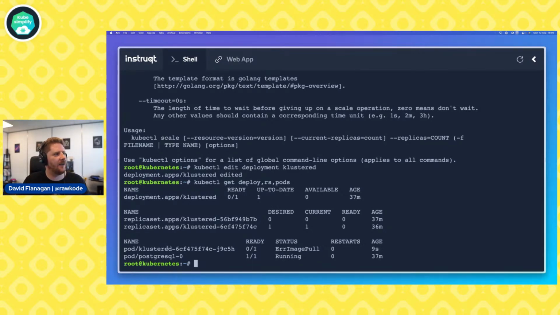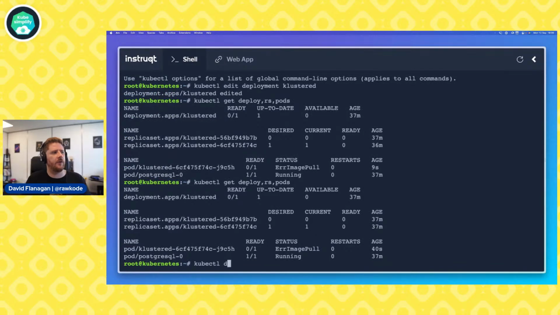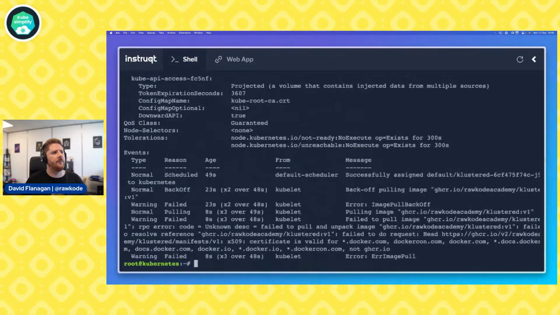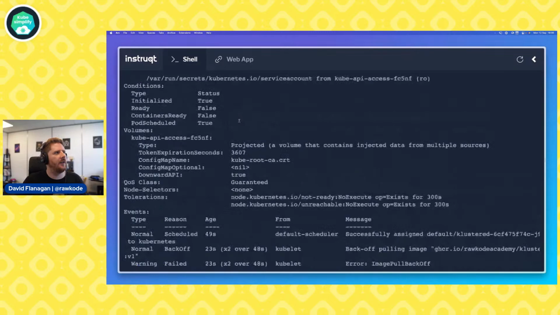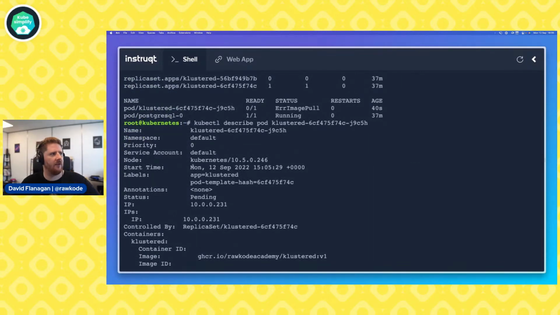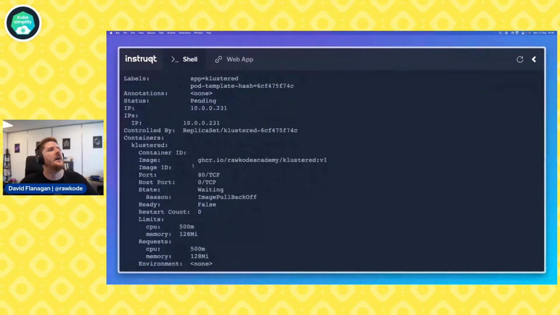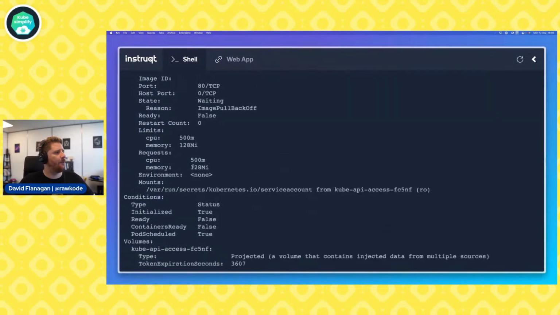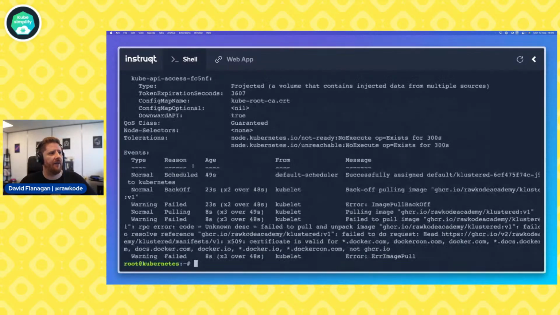And we can see here that our clustered application, we need to understand what is actually happening here. So we're going to run kubectl describe pod, and we can just copy the pod name and hit return. And this is going to give us a whole bunch of information. Now, when you describe a pod, you get to see all the metadata at the top. So we've got the name, namespace, priority, service accounts, nodes, labels, and so on. We get all of the container specs. We get all of the conditions and status and events.